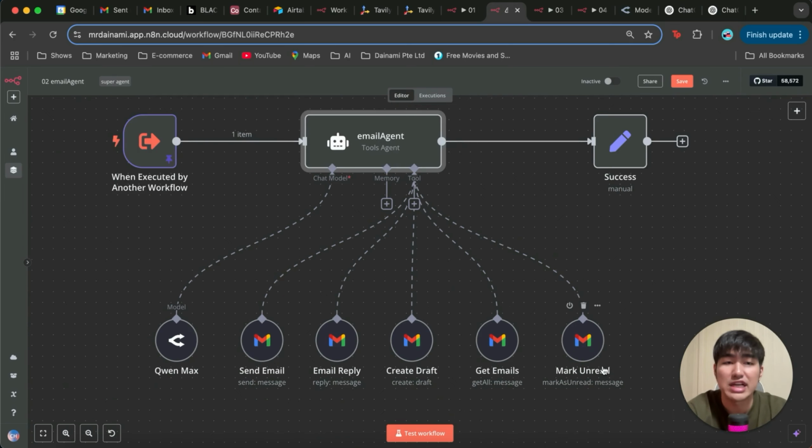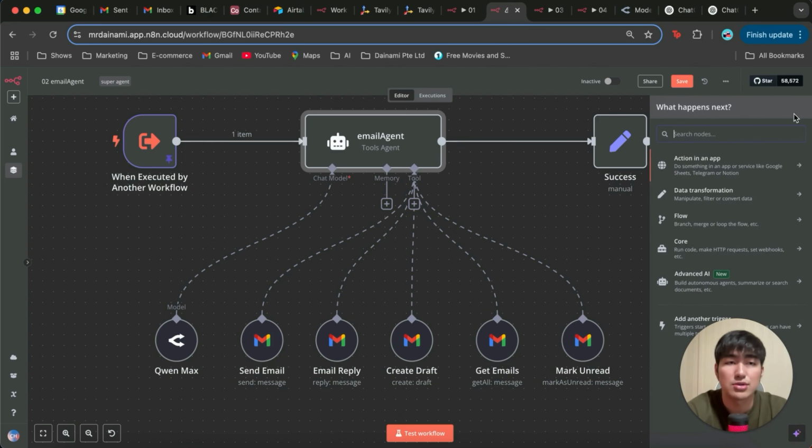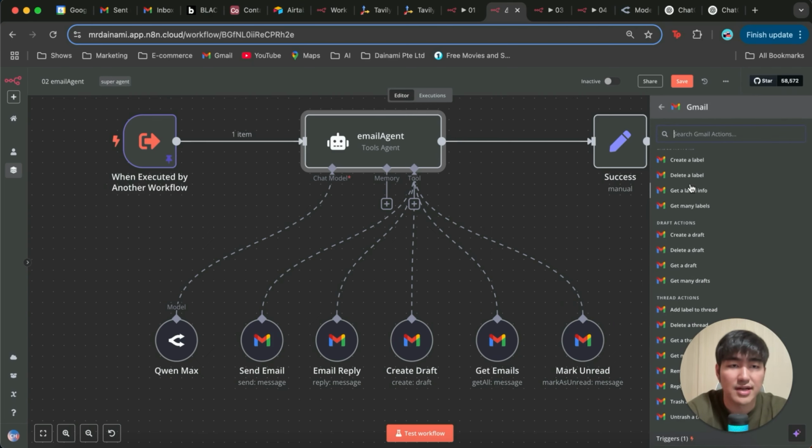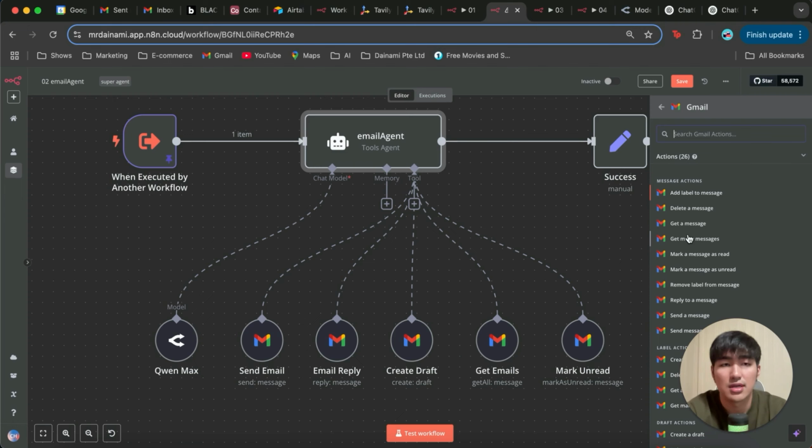As this is the Gmail agent, I'm going to give it 5 different Gmail tools, starting with send email, reply, create draft, get emails, and mark unread. How do we do so is to search for the Gmail tool. Okay. Click into Gmail, and you can find all of this different information over here. Now you can definitely add in way more, but we're just going to keep it to these 5 for now